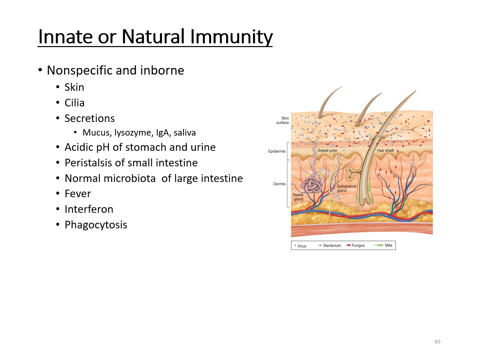Now, as we learned in immunology, the body does have lots of things that play into the immune system or the immune process. First, we're just going to refresh what innate or natural immunity is. Basically, this is your non-specific inborn type of defense system. It's going to include things like your skin, the cilia within the lungs, various secretions like mucus, the lysozymes, the IgA, the saliva, the acidic pH of the stomach and the urine,